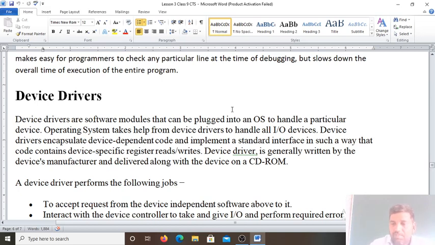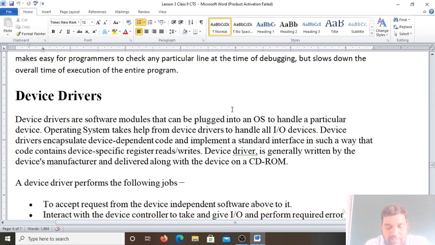Okay. So the device drivers are used to convert the instructions given by the operating system into commands. So this device driver, what does it do? It is used to convert the instructions given by the operating system into the commands that can be easily interpreted by the specific hardware devices. So that what the command operating system gives, the hardware can understand. For that purpose, the device driver is there to establish the communication between the operating system and the hardware.